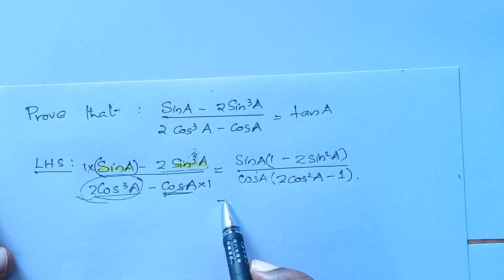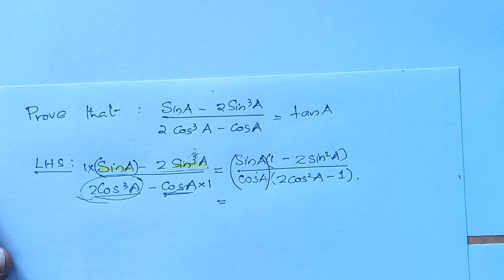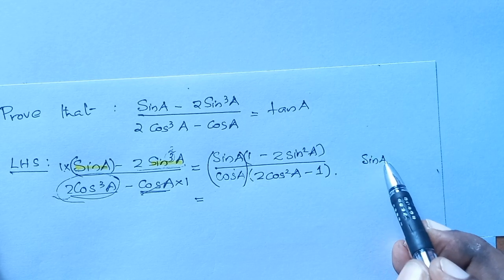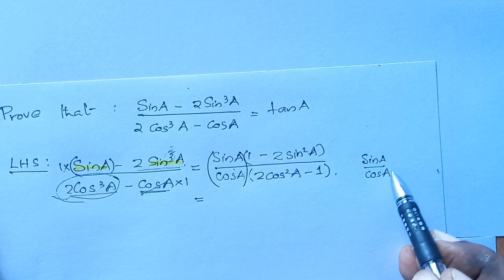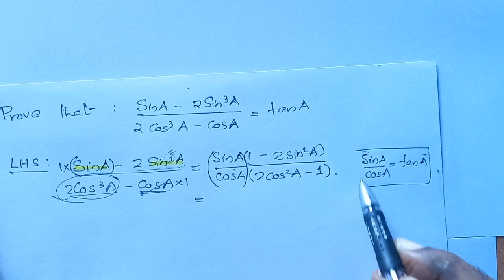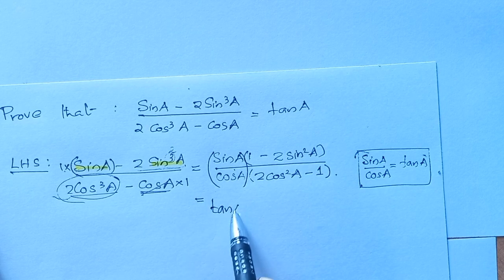So that's equal to, now look at this sin a by cos a. We have learnt already sin a by cos a is equal to tan a. So it can be replaced as tan a